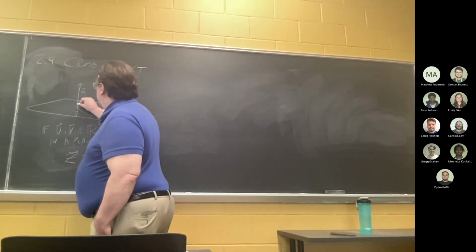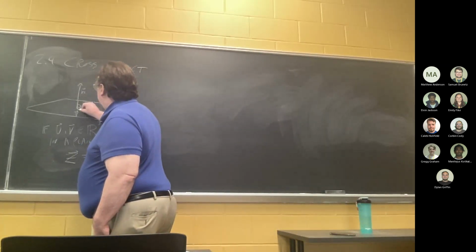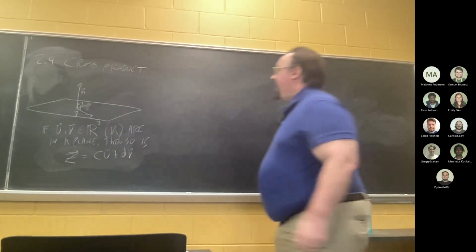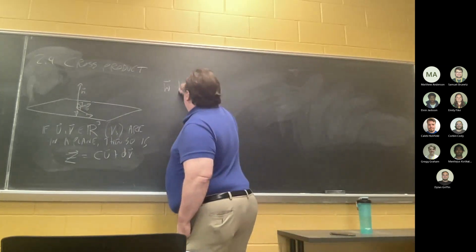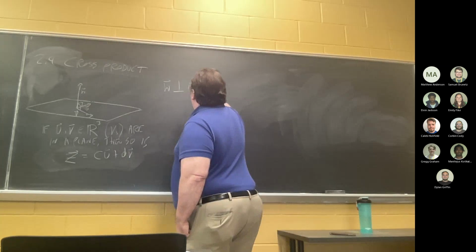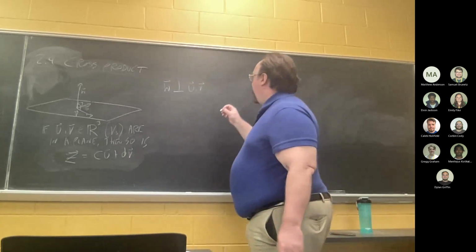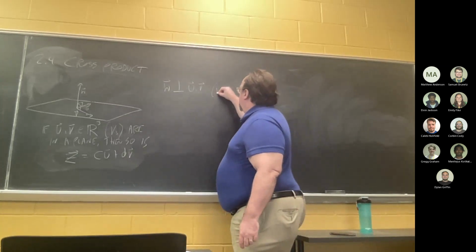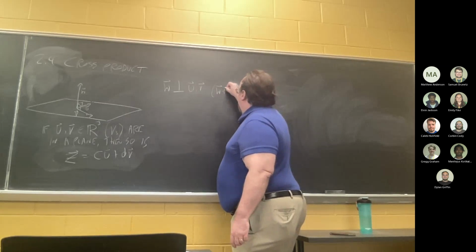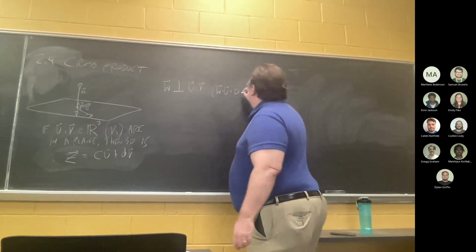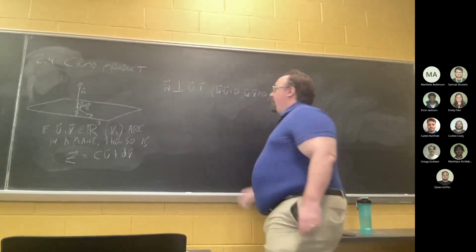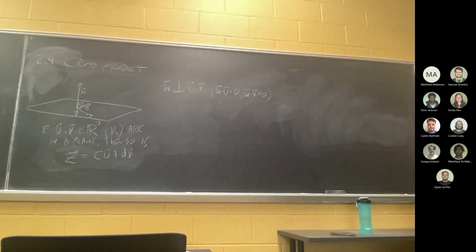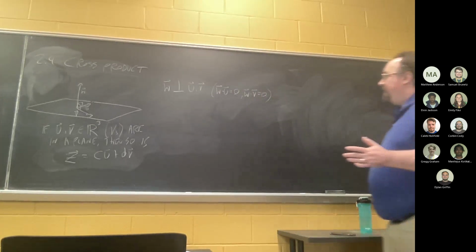Now suppose the vector W is perpendicular or orthogonal to both U and V. Another way of putting it, the dot product of W and U is 0, the dot product of W and V is also 0. So if W is orthogonal to both U and V, then